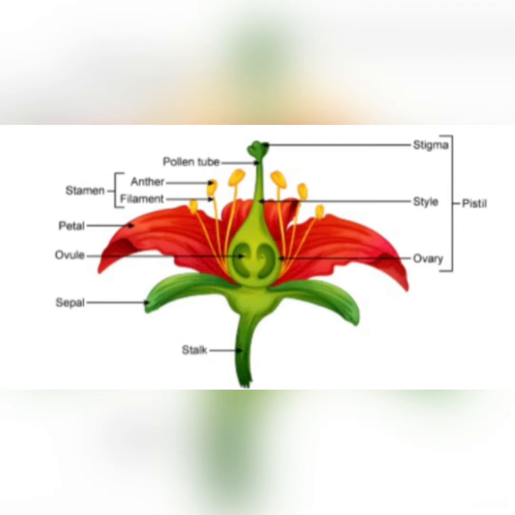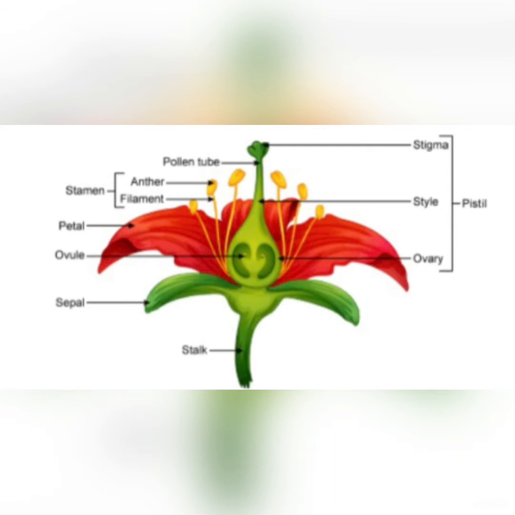The thalamus bears the whorls of the flower, and the first or outermost whorl of the flower is the calyx, which consists of sepals. Sepals are the green leaf-like structures located at the base of the flower. They protect the flower in the bud stage and also undertake photosynthesis. The second whorl of the flower is the corolla, which consists of petals. It is the most attractive part of the flower.